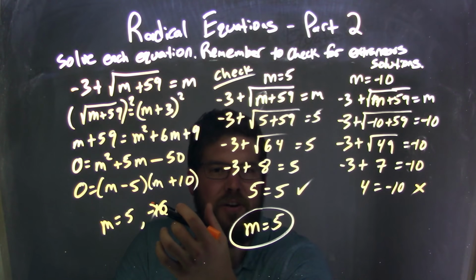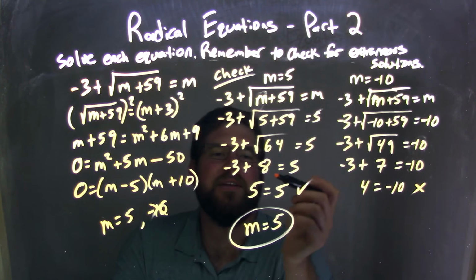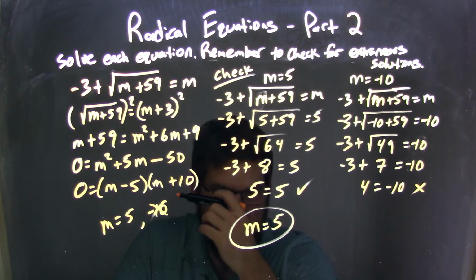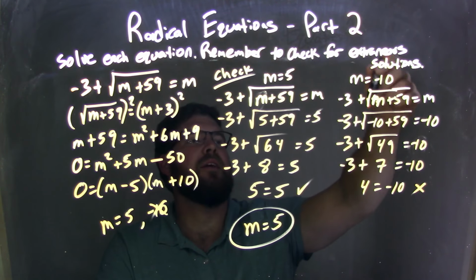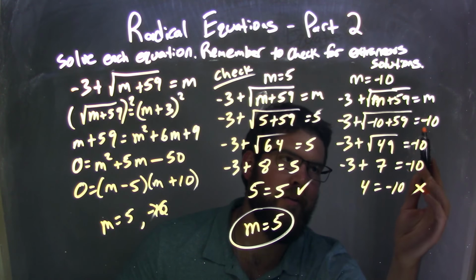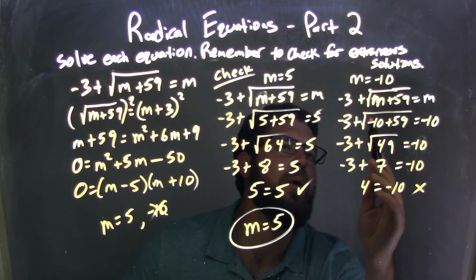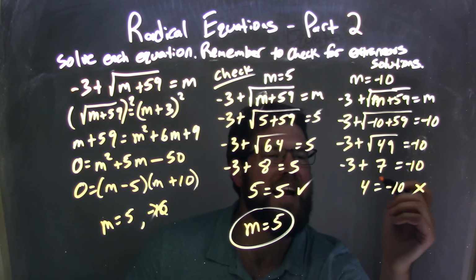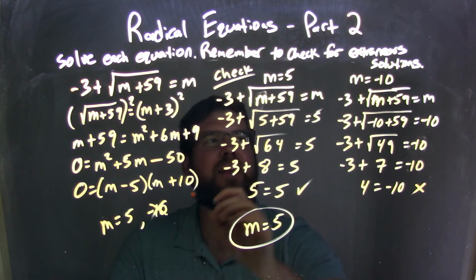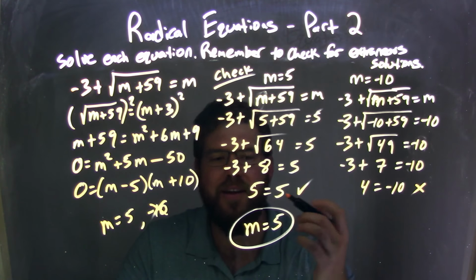I had to check for extraneous solutions, so I checked 5 first. M equals 5. I plugged 5 into my equation, simplified, and got my left and right hand side both equal to 5, meaning 5 is a true solution. I did the same thing with negative 10, plugging it into both m's, as you should from the beginning. I forgot this one here, but it's okay, I fixed it. We all make mistakes, right? And so we plug negative 10 in for m, simplify, and when I did that, I got 4 equals negative 10. That is not true, though. That made this negative 10 an extraneous solution. So my only true solution, which is my final answer here, is m equals